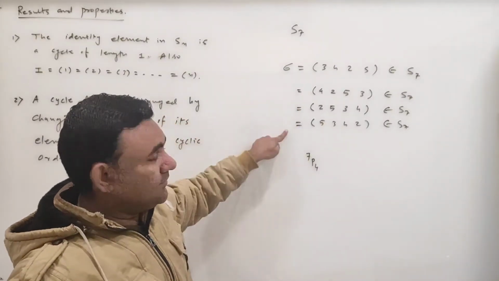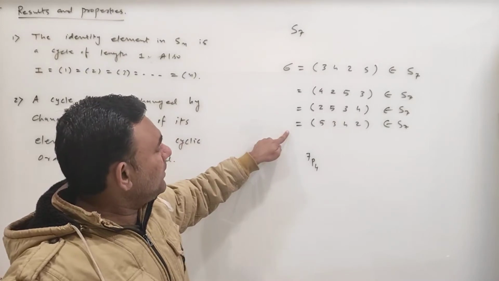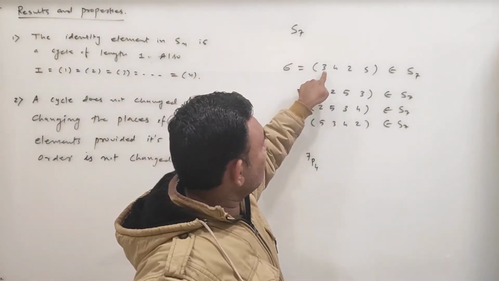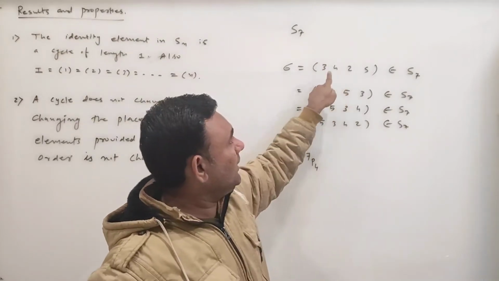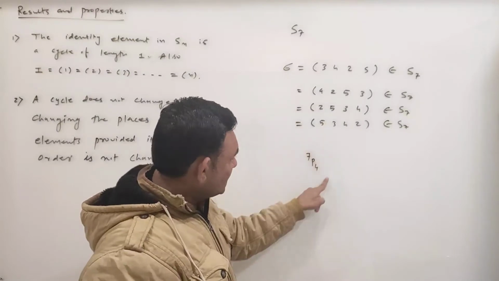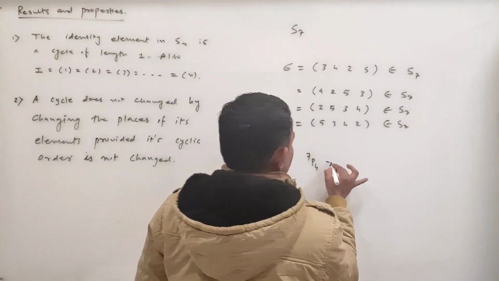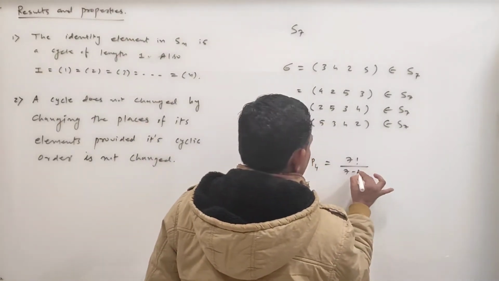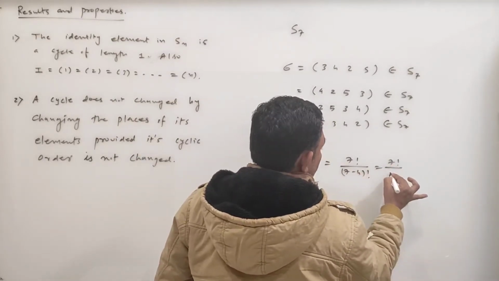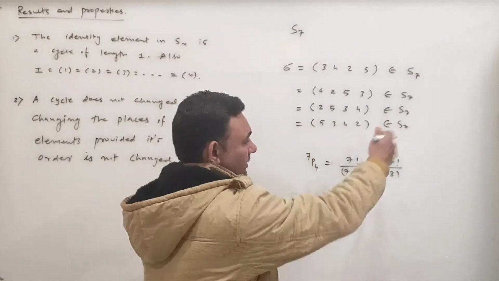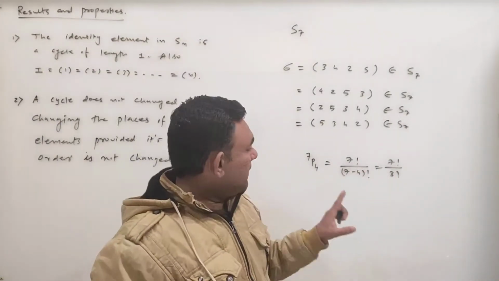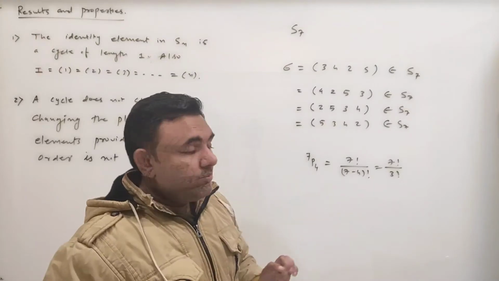But from this observation, what information do we have? If you consider out of 7 that you choose these 4 elements, 3, 4, 2 and 5, and you arrange them in a row, so what will this number be? It is 7 factorial divided by (7 minus 4) factorial, that is 7 factorial divided by 3 factorial. Whatever this number is, we are not interested in that number right now, but in 7P4.